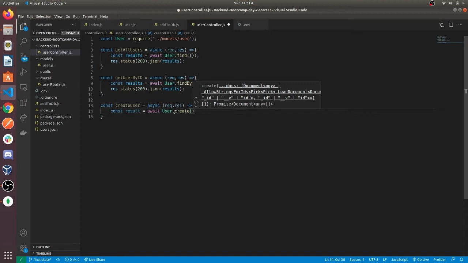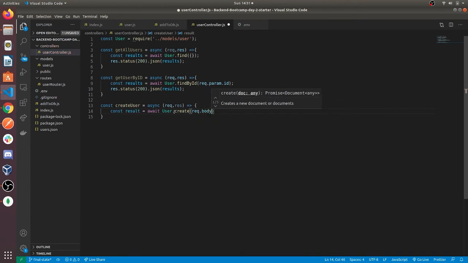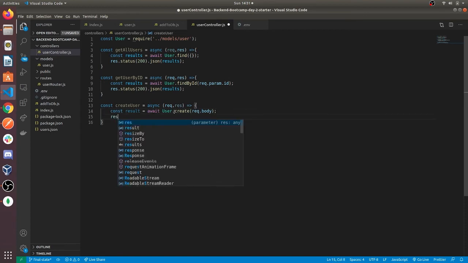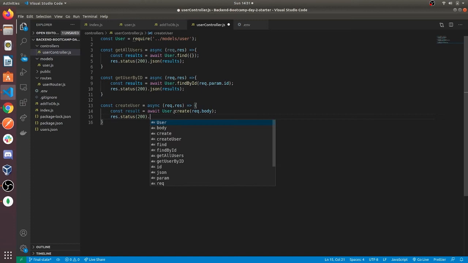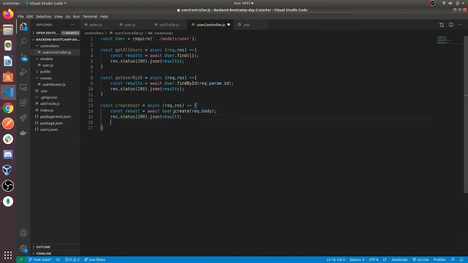Now when we want to create a user, we will send the data through the request body. 200 means an OK. Our create and read is done. Now I'll update the user.